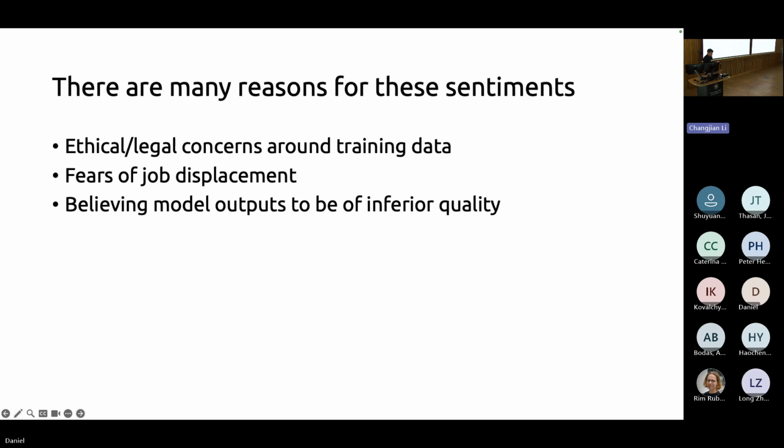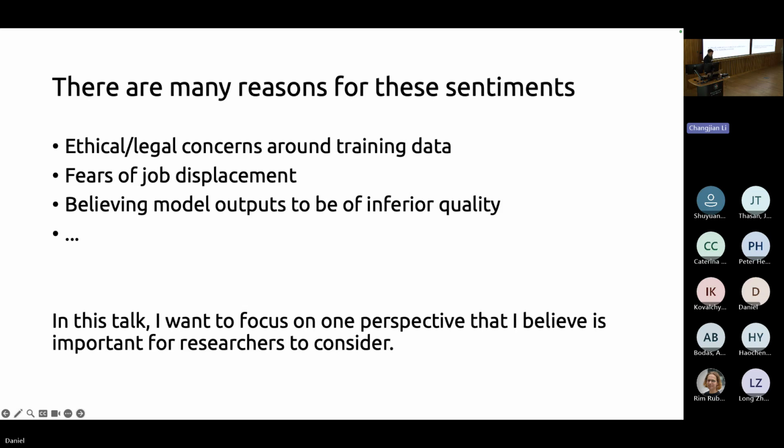Some people just legitimately don't think the outputs of these models are as good as what a person could do. And these are by no means exhaustive. There's lots of reasons why people feel this way. In this talk, I want to focus on one perspective that I think is important for researchers in the field